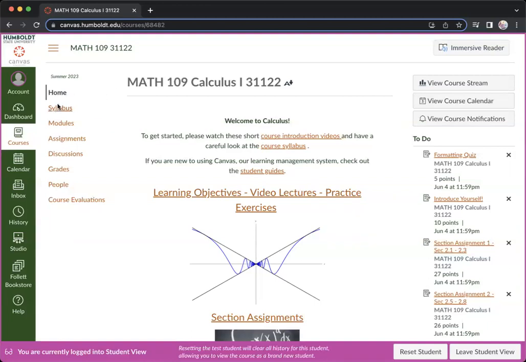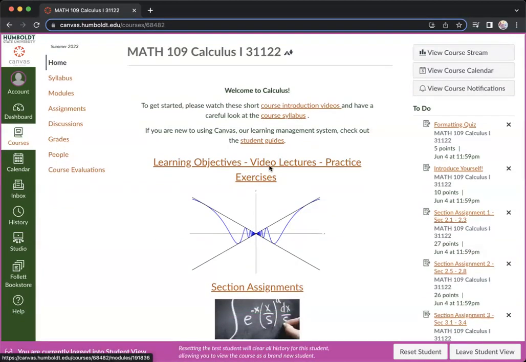The main navigation panel in Canvas is located over here on the left. And I've also got some navigation links down the middle. In this video, I'm just going to walk down these navigation links one at a time, showing you around, trying not to keep it too long. You've already visited this page where the introduction videos are. We'll talk about the syllabus in a second video, so I'm going to skip that link